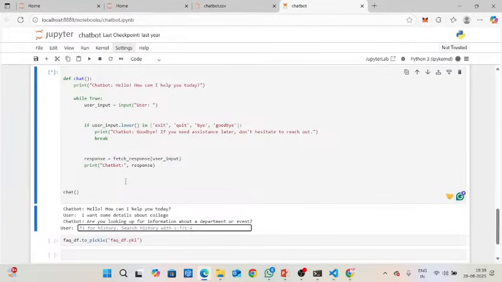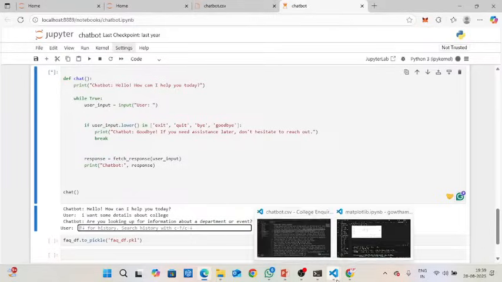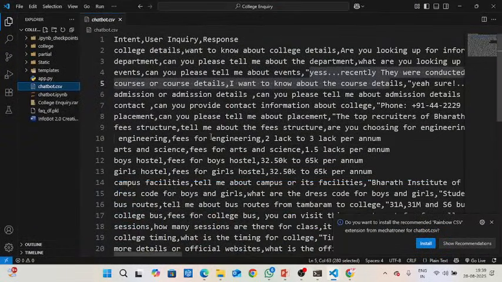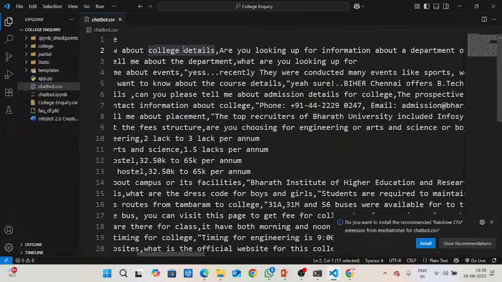Whether the keyword is found or not, it will check the responses and return them to us. For example, "Are you looking for information about a department or event?" that was present in my data set. If I give any college related keyword, it needs to give an answer like this.